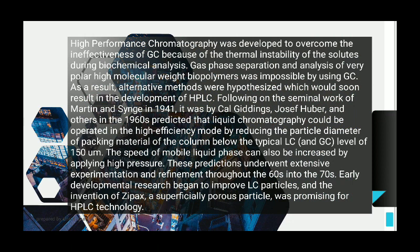High performance chromatography was developed to overcome the ineffectiveness of gas chromatography because of the thermal instability of the solutes during biochemical analysis. Gas phase separation and analysis of very polar, high molecular weight biopolymers was impossible using gas chromatography. As a result, alternative methods were hypothesized, which would soon result in the development of